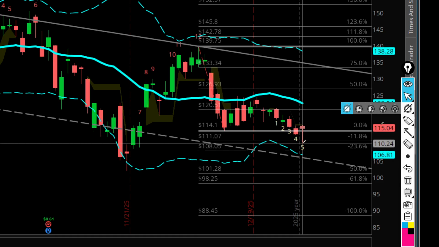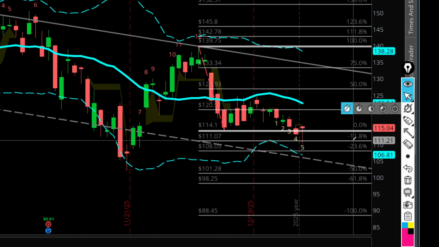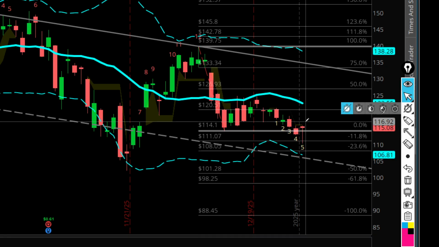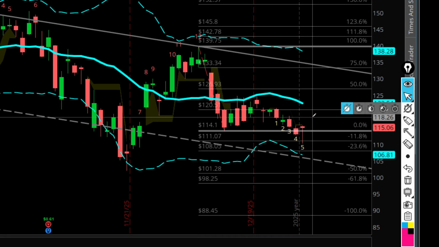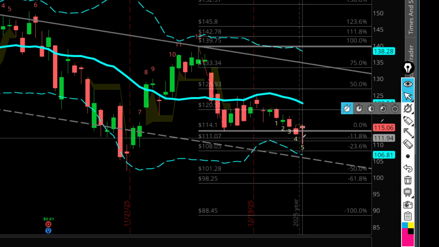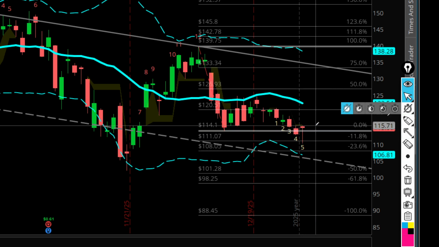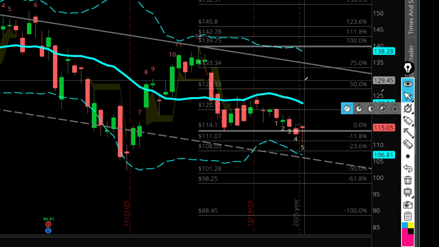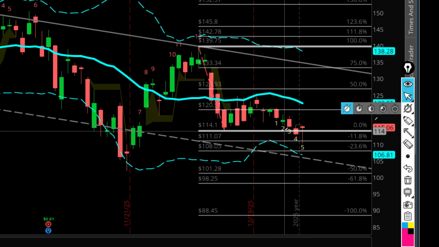Now you can see we stuck a toe out. What happened? Right there at the 111, it went right to it, and it's rejecting. Now, the candle's not closed, but as you can see, we tried to make a break for it. Didn't happen. If we go back into this box, we're probably going back for the midpoint of the deviation range,